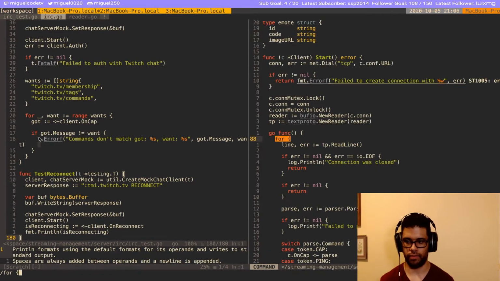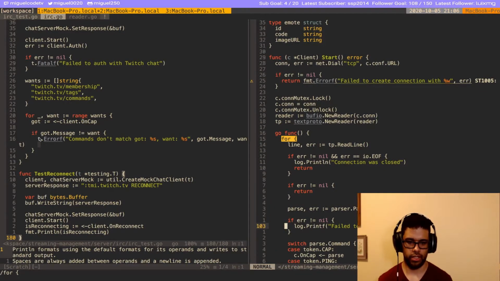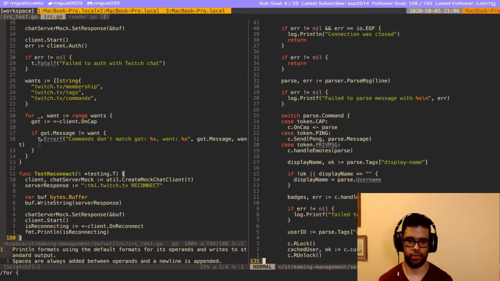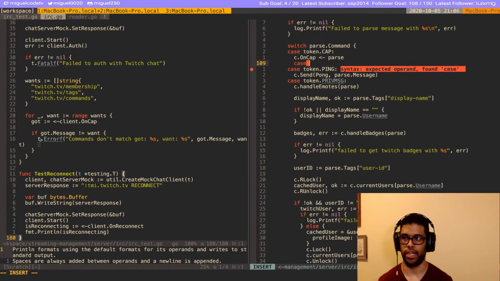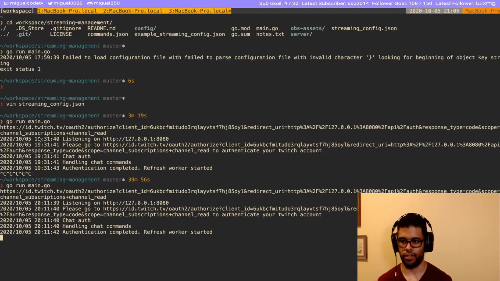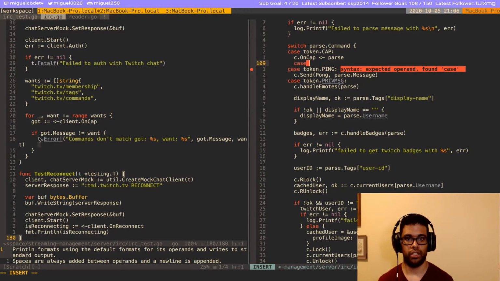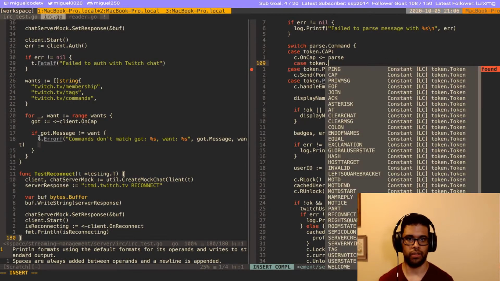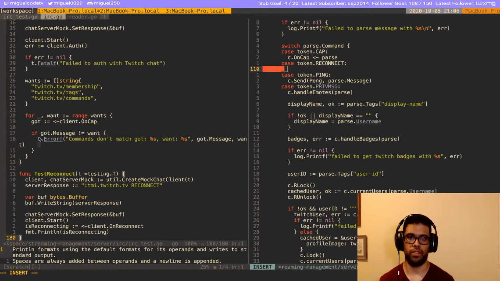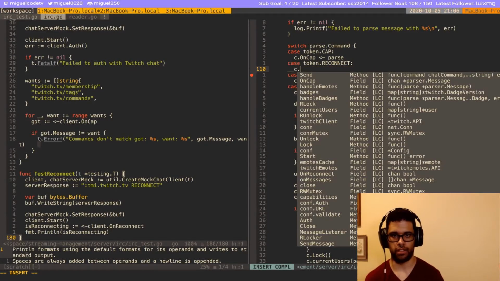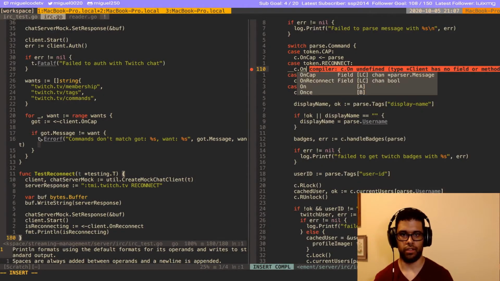Then in our for loop here, we need to handle that. So we have ping, now we just have to handle reconnect. I wonder if it has not happened yet. So if we do token.reconnect, okay, so if we reconnect, we are gonna write to that on reconnect.